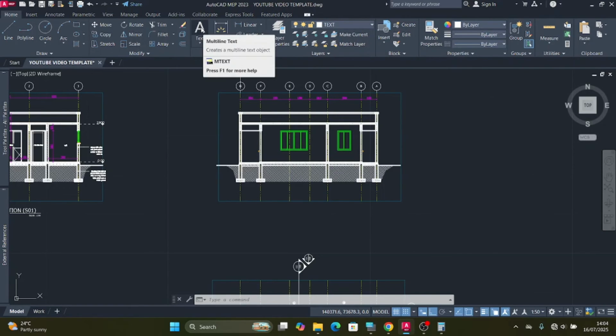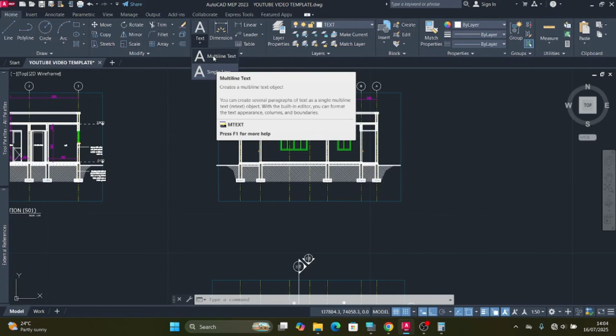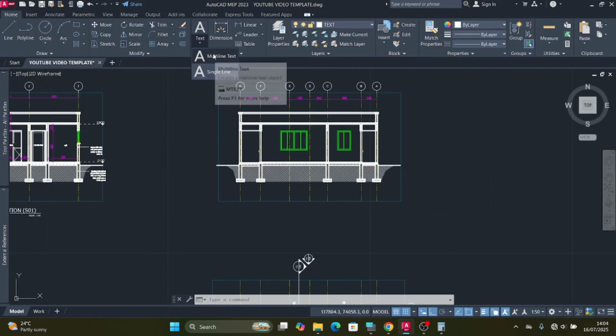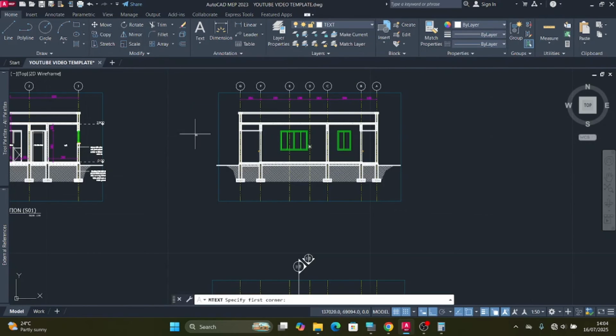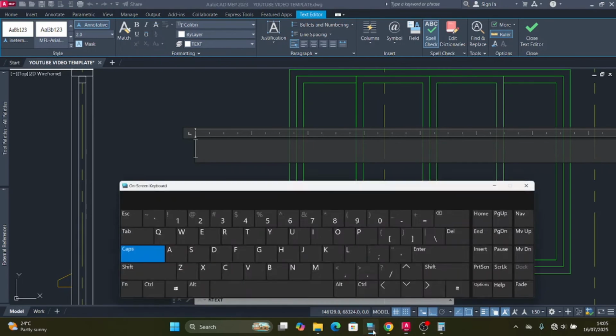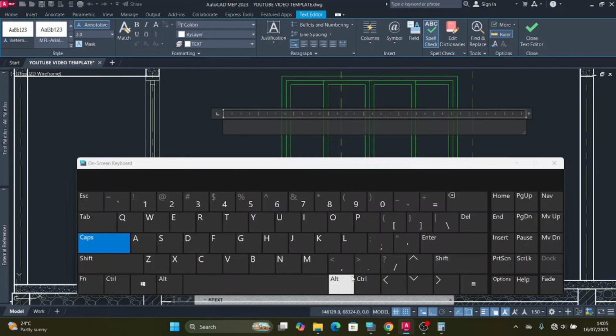So there are two options right here. There is single line text, then also multi-line text. But in most cases, I usually use this multi-line text because it's what I'm used to. So I'll select it. Then I'll employ this on screen keyboard. Then I'll put in